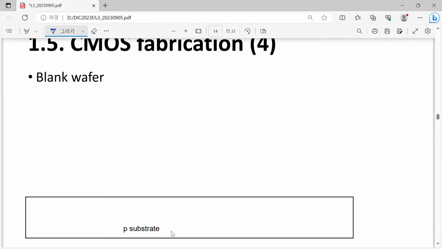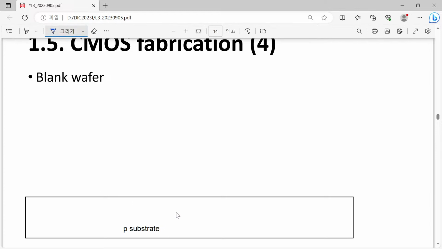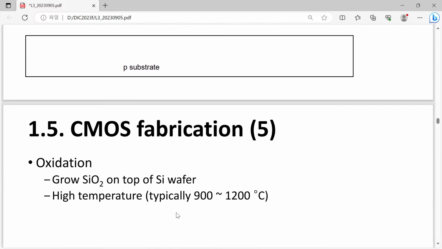And p-type substrate, usually it has a certain given doping level. So it depends on your specification. I mean that there are wafer suppliers and they have given specifications of their wafers, and you can just select it and buy. Okay? Anyway, this doping level is not that high. And now